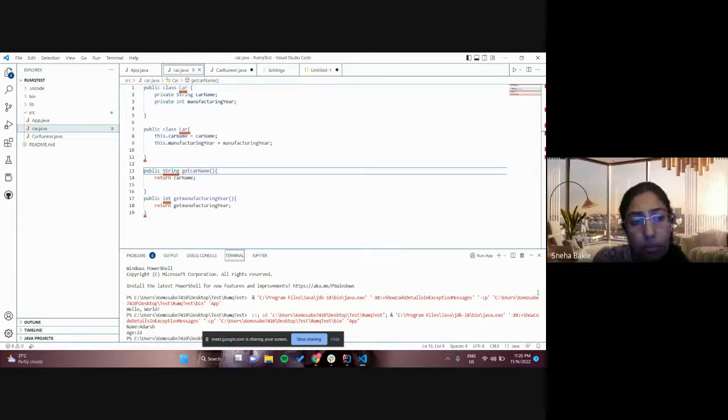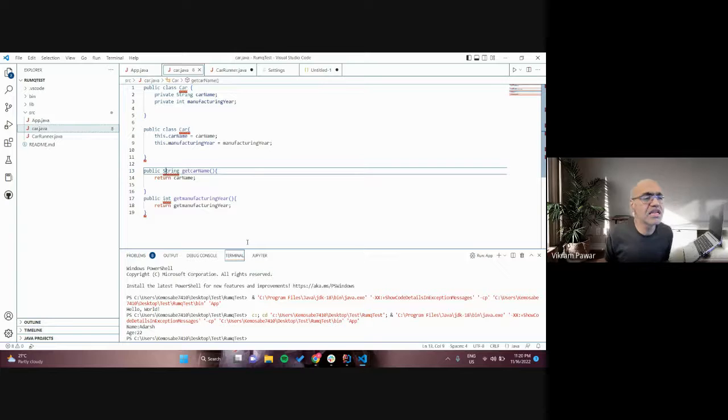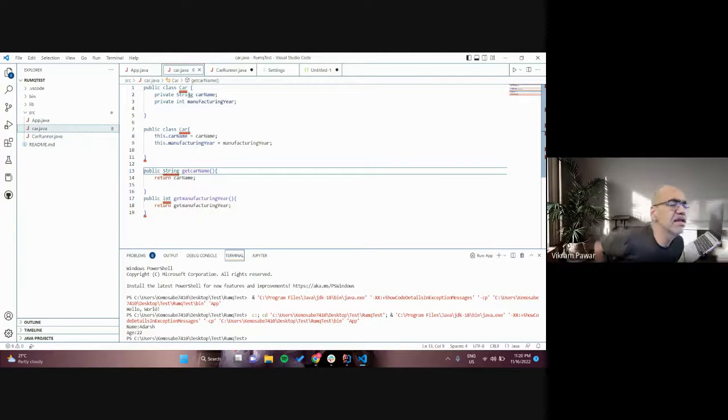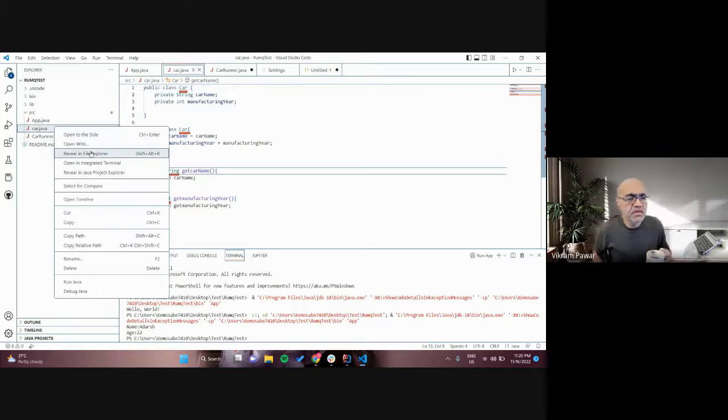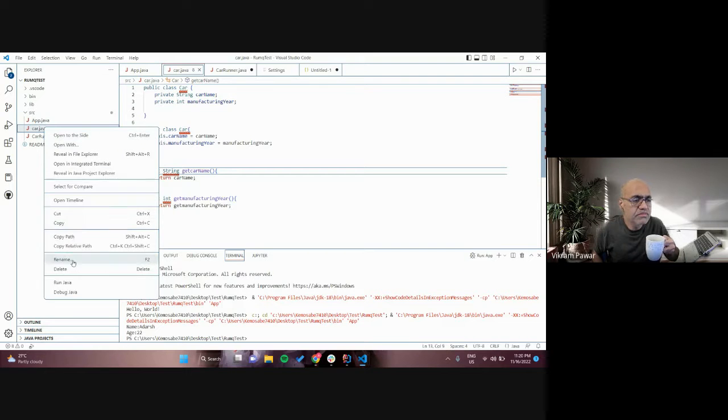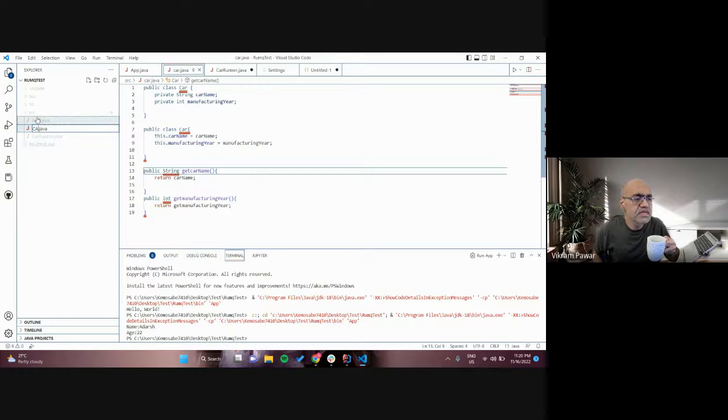Sir, even the name of the file needs to be a capital, right? Yes, it is the name of the class. Even that needs to be capital, because I doubt that if the file name is small, it will show an error. The file name is also capital C. Can I increase the font? Yeah, rename it. Rename it, capital C A R. Enter, and Control plus. Press Control plus.